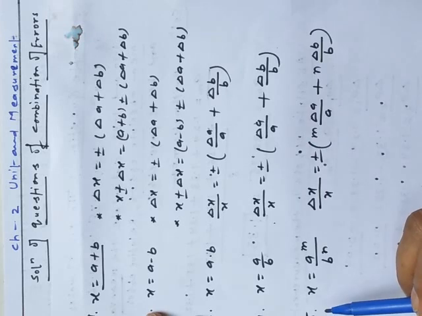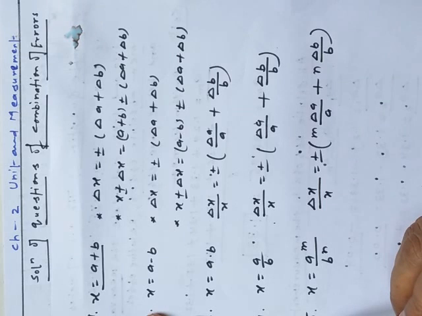Now, dear students, chapter number 2, Units and Measurement, and today we will discuss the solutions of questions on the combination of errors. As we have already discussed the formula construction, whenever we get the mathematical formula for addition, subtraction, product, division, and power notation. So, before starting this topic, I am recalling the formulas in front of you.